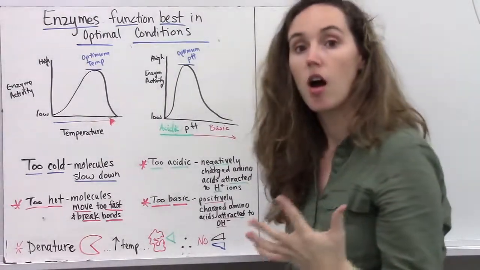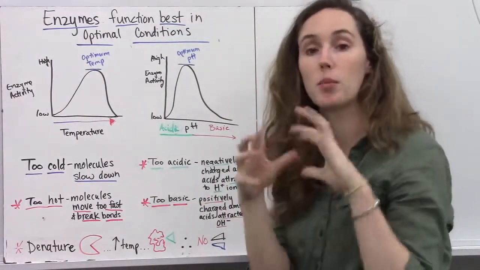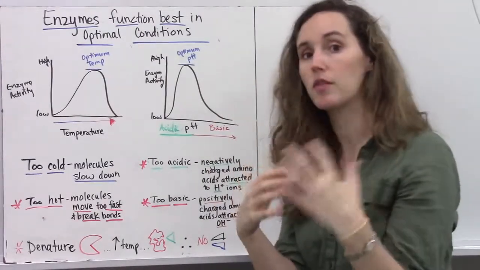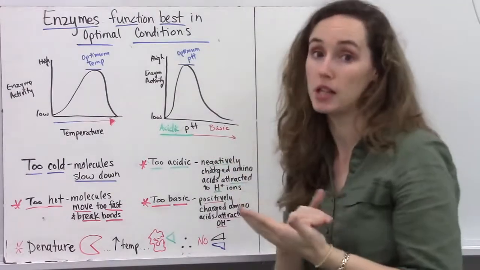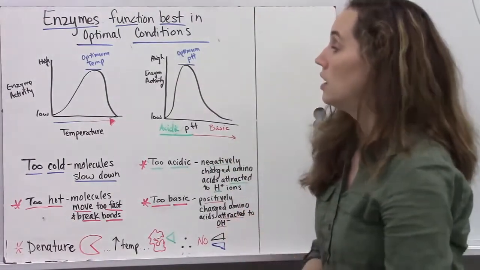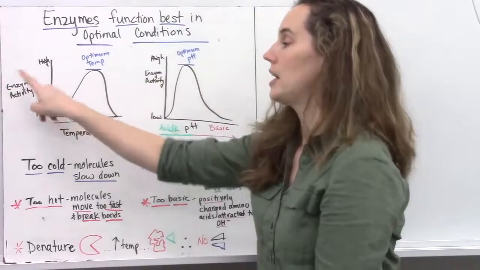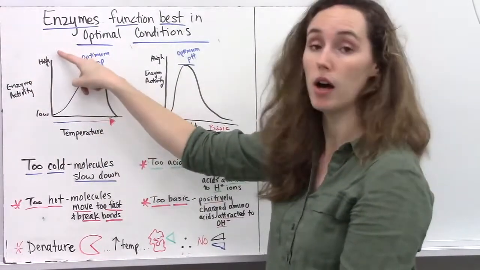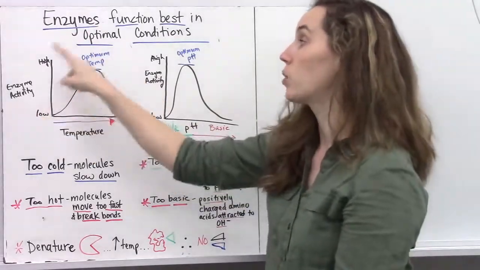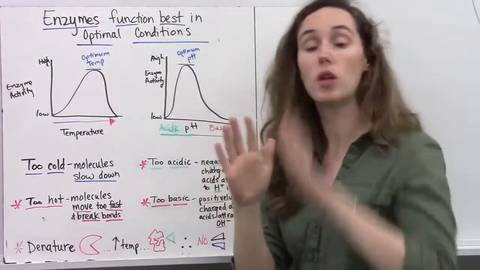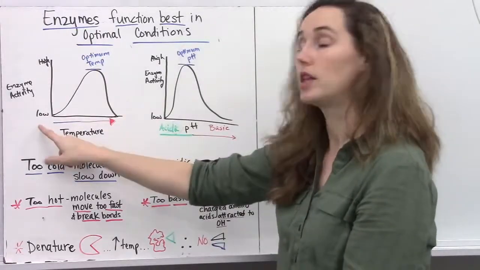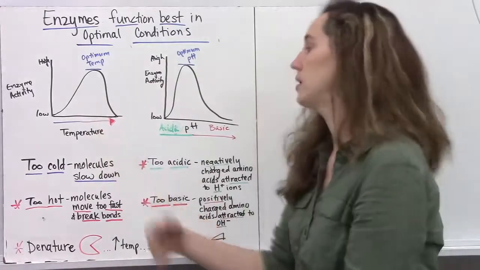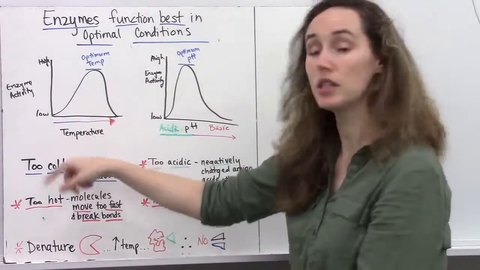Enzyme structures are also built depending on their environment. They're suited to very specific temperature and pH conditions. So enzymes can work very poorly, or they can work very well. Enzymes that work very well are making a whole lot of products. Ones that have low enzyme activity are not making very many products. And let's look at why. So if we're looking at temperature,